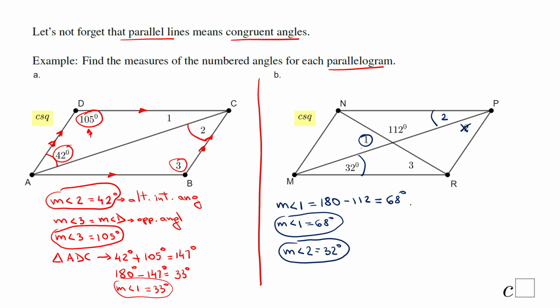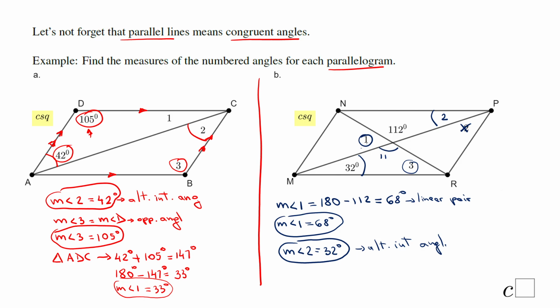Okay, so let me say here linear pair, that's the property I use, and here alternate interior angles in case you need it. And we need to find one more angle, which is angle 3 right here. Now this angle here is 112,